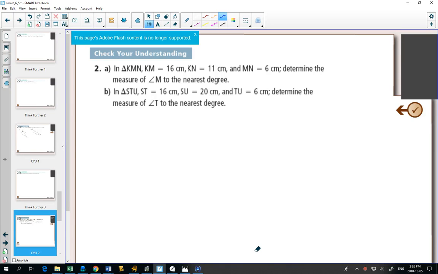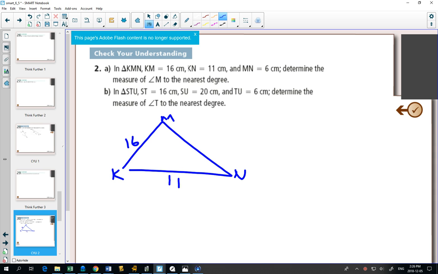So this is our second question with the cosine law. We've got triangle KMN, so we can draw a triangle, not to scale. KM is 16, KN is 11, and MN is 6. Obviously that does not look to scale at all, but that's not bad. And we want to find the measure of angle M